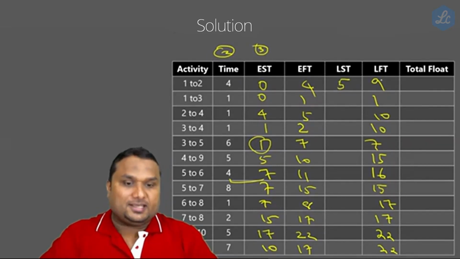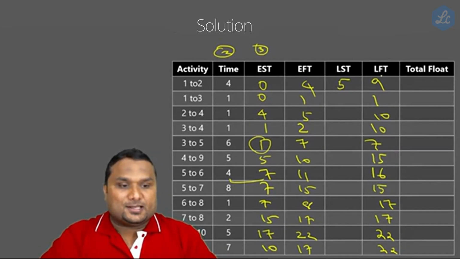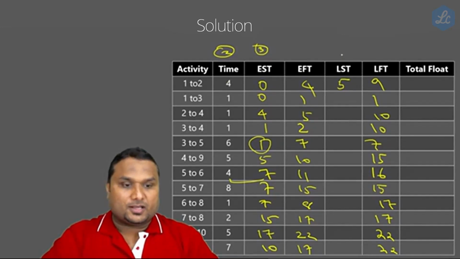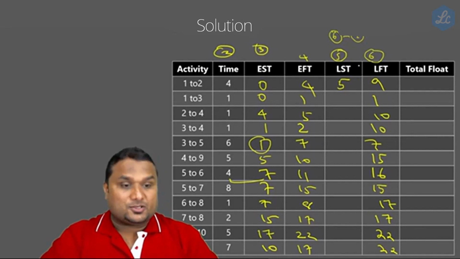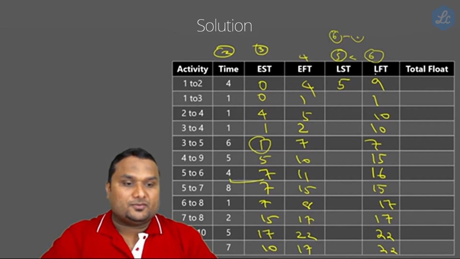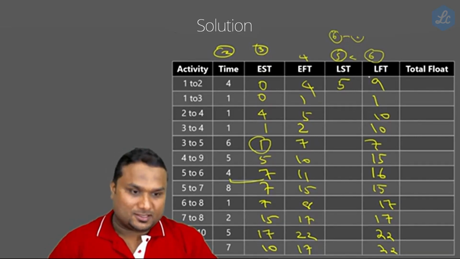So LST is equal to LFT minus duration. Or you can say this column is this column. Column number 1, 2, 3, this is column number 4, this is column number 5, this is column number 6. People used to say it is the sixth column minus the second column. That is LST. This is the wrong way of teaching. I am not interested to entertain this way. Column number 5 is equal to column number 6 minus column number 2. This is a wrong way.